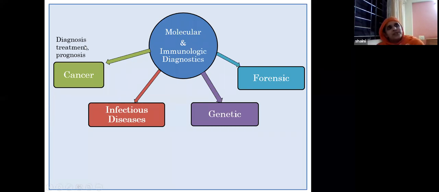The treatment nowadays, before, anti-cancer drugs used to be more of a generic thing, but now it is based on the particular protein or particular genes which are expressed by a cancer cell. They are identified, and targeted drugs are given in order to combat those particular genes or proteins. For example, many tumor cells express the EGFR gene, epidermal growth factor receptor. So you give an anti-EGFR treatment rather than giving a generic treatment.